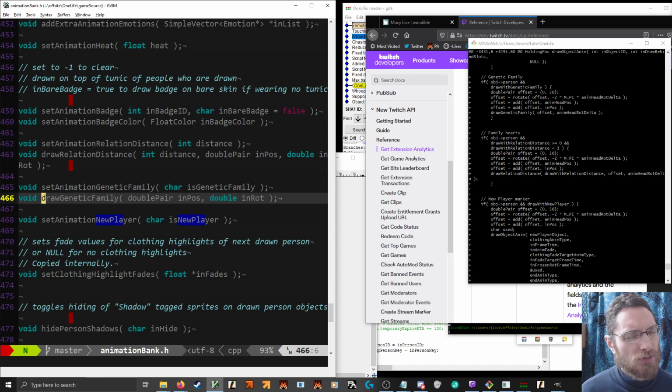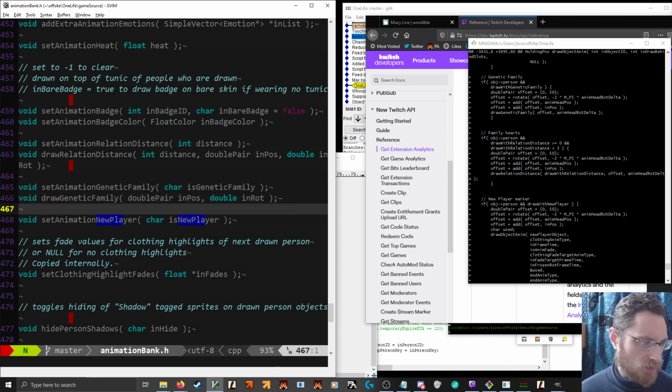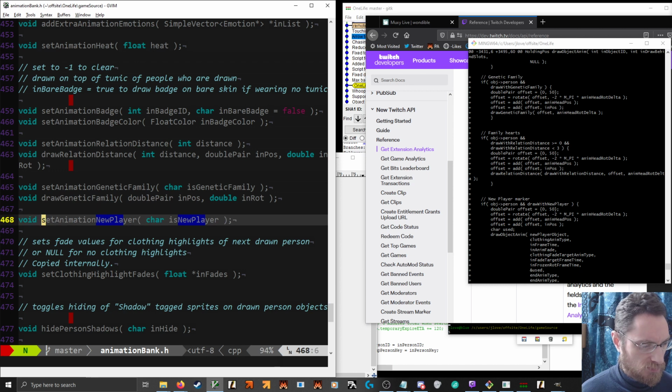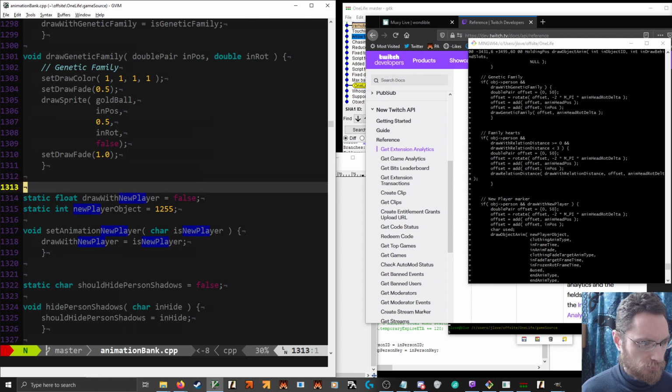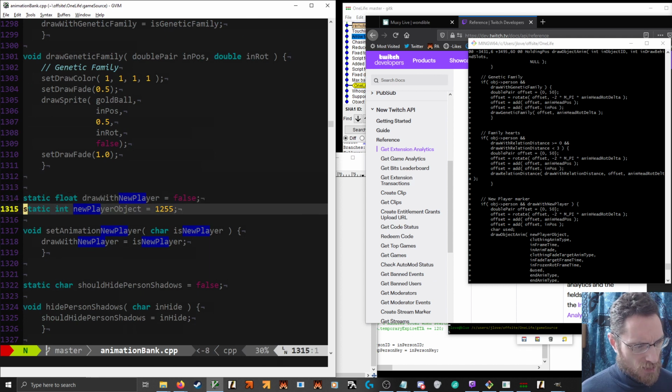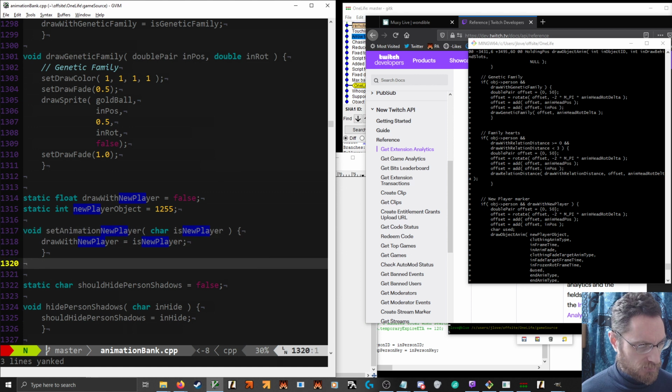Some of them will actually involve loading graphics. So that's the easy one. Static is actually fine if we have